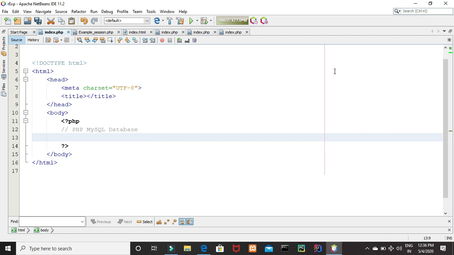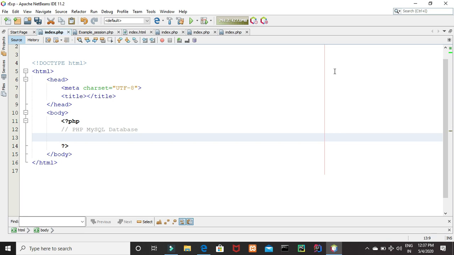Let us see what is a database query. A query is a request, or you can say it is a question asked to your database or to your table. We can query a database for specific information and have a record set returned. Before we start the MySQL database connection, we have to create the database and then the table, and then we can use queries like insert queries, select queries, we can delete the data, update the data and so on.